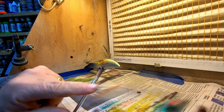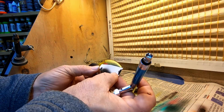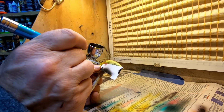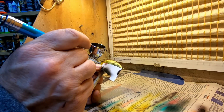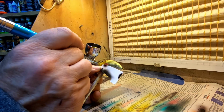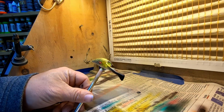I want to put a little more detail inside some of these larger fins with our magenta black. So we need a real fine piece of paper here. Inside there, we are mainly spraying on the paper. It doesn't take much. You won't even know you're doing it. A little bit of shading to break that up. I don't know if you can see that, but